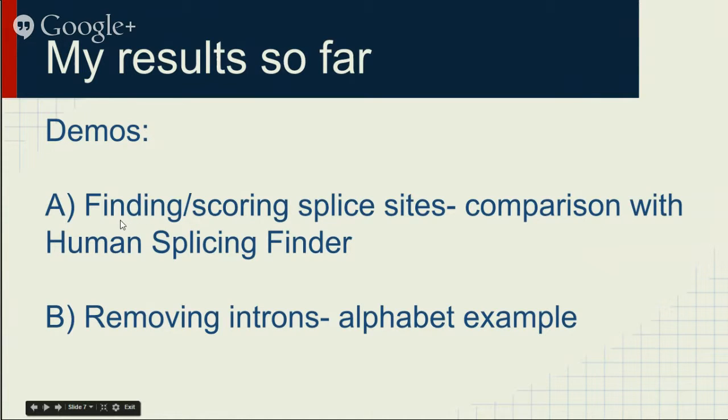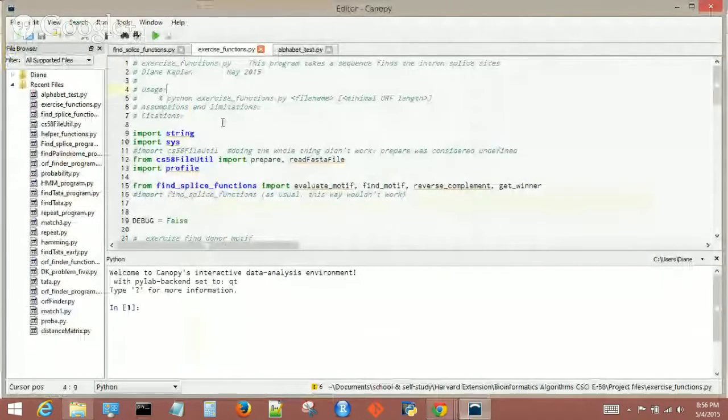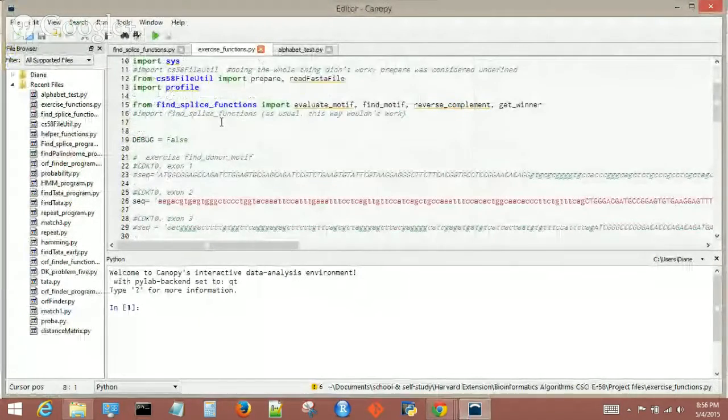First we'll demo my program versus the human splicing finder. So let me minimize this. All right, so I'm going to use this CDK10. It's a gene that has 10 exons. I'm going to pick the second one just so we know we're already in the middle, so we'll have an acceptor site and also a donor site after. So we're starting with an intron, then we get to the exon, then we come back. So I'm going to take that guy